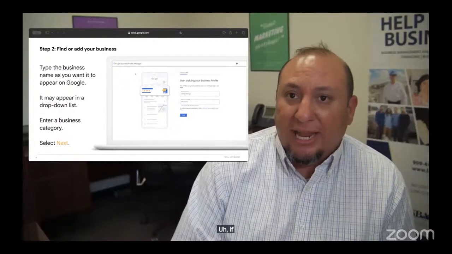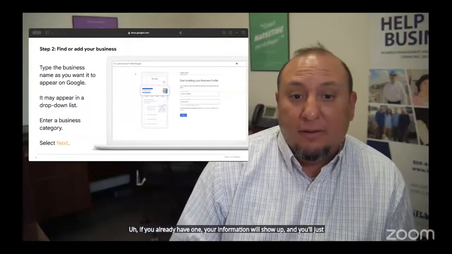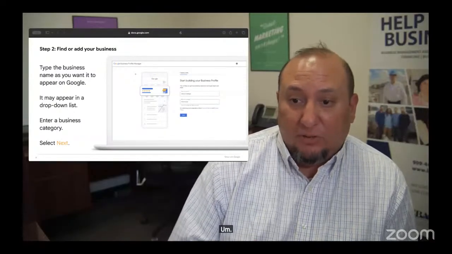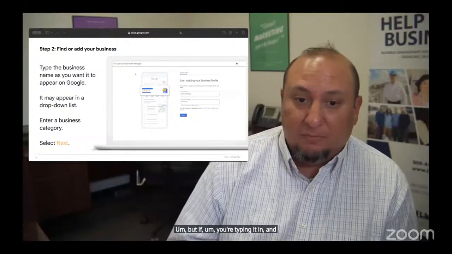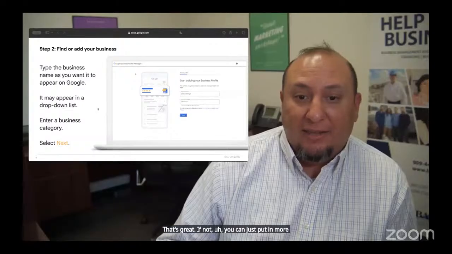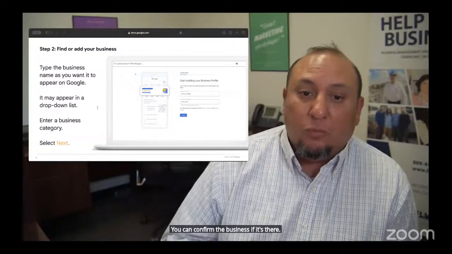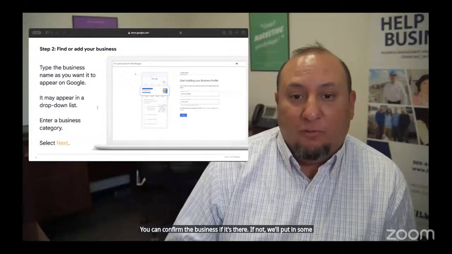If you already have one, your information will show up and you'll just need to verify. But if you're typing it in and it comes up, that's great. If not, you can just put in more information and then you can confirm the business if it's there. If not, we'll put in some more information if you're just starting up.